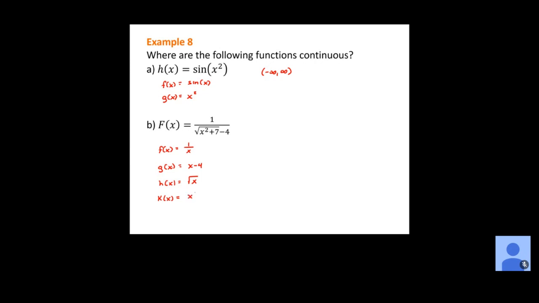Good. So just what's inside the square root, x squared plus 7. Basically I'm substituting the x squared plus 7 into the square root. Then I'm taking that and subtracting 4. And then I'm taking that and putting it in the denominator. So that's what this would give us. Now, looking at what we've got here, are all 4 of these pieces of the composite function